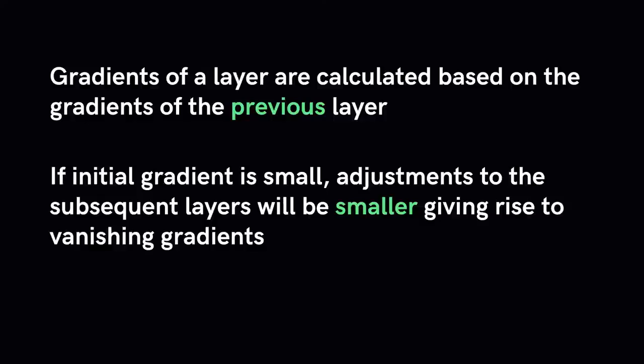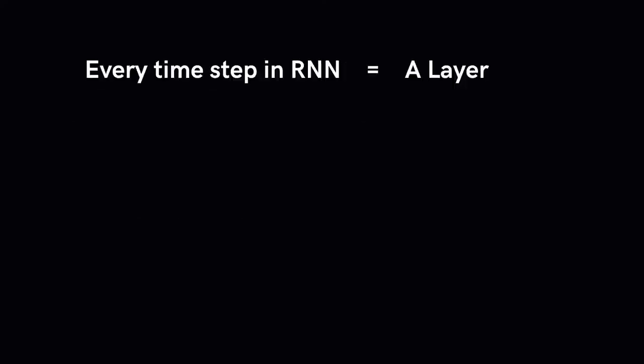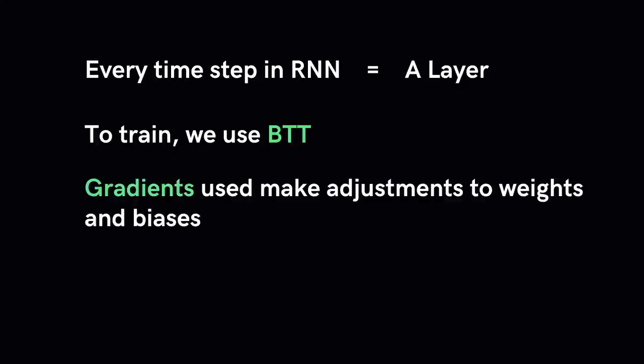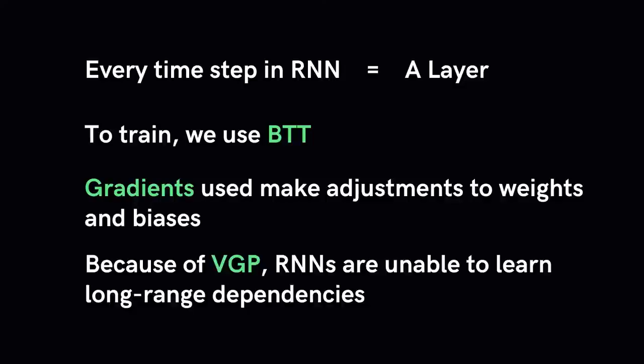Let's see how this applies to recurrent neural networks. You can think of each time step in a recurrent neural network as a layer. To train a recurrent neural network, you use an application of backpropagation called backpropagation through time. The gradient values will exponentially shrink as it backpropagates through each time step. Again, the gradient is used to make adjustments in the neural network weights, thus allowing it to learn. Small gradients mean small adjustments, and this causes the early layers not to learn. Because of the vanishing gradients, the RNN doesn't learn the long-range dependencies across time steps.